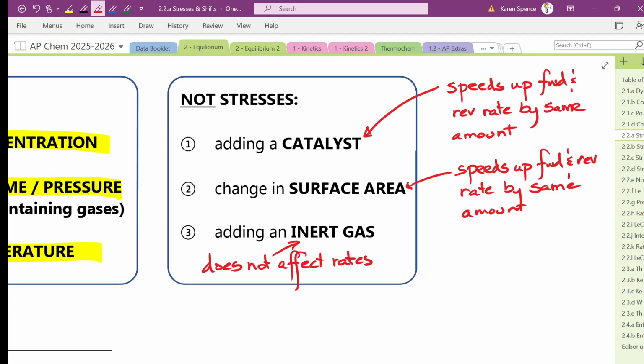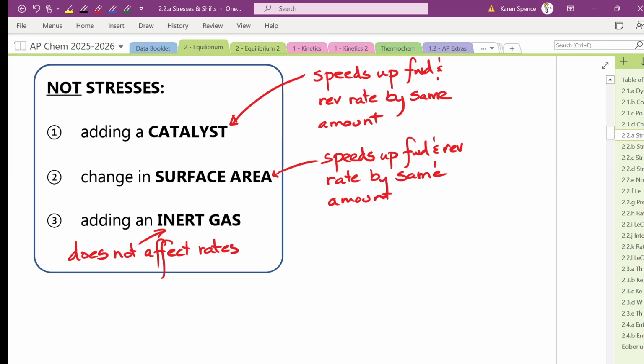So let us now go back to the surface area business. And let's imagine that we have a solution that is in equilibrium with its solid. Okay, do you guys remember having a saturated solution last year? We made a saturated solution way back at the beginning of the year. No. Okay, that's all right. I'm going to draw a picture for you.